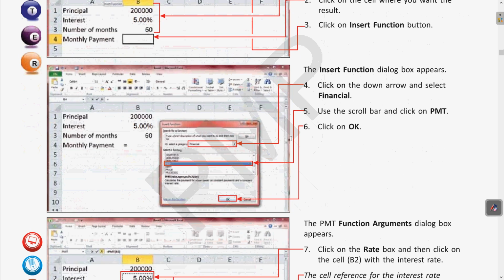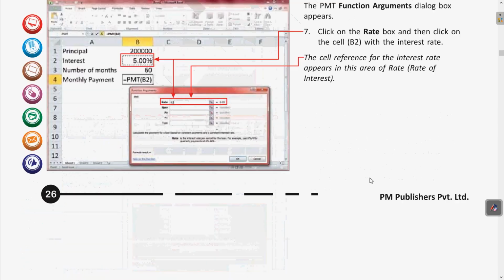Using that we can give the principal amount, the interest rate and the number of months for which we are taking the loan. By using that we can calculate what amount we will require for paying every month, or if you are paying quarterly, half yearly. According to that you can choose the different arguments or parameters in that function.